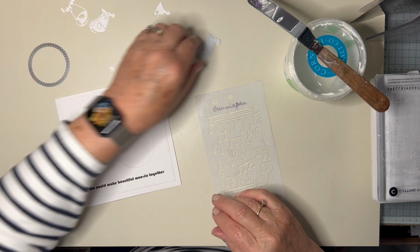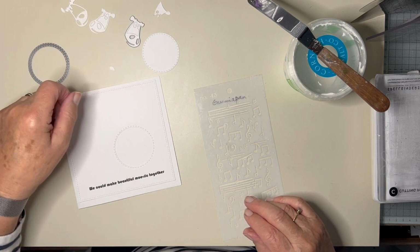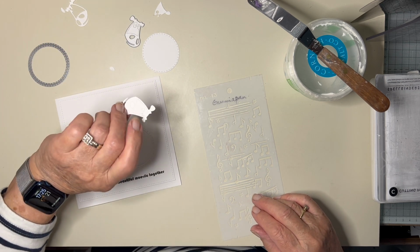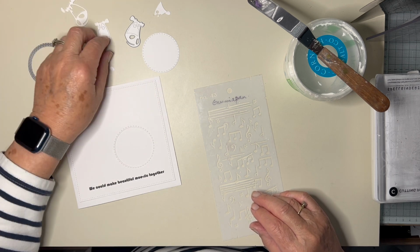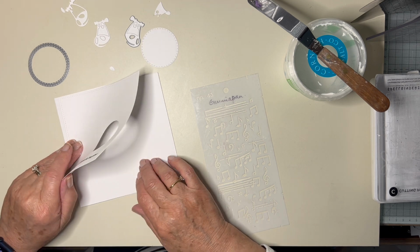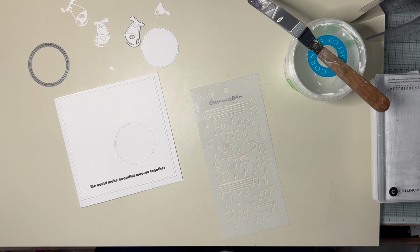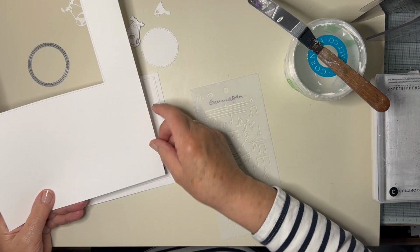I've got a few layers there. There's one still inside the die. That one I have put a piece of tape on the back just to keep all the bits together. So we'll see how we go. I don't want to put this directly onto there because I might make a mess and then I've ruined a whole card base. So I'm just going to get a piece of card that's large enough